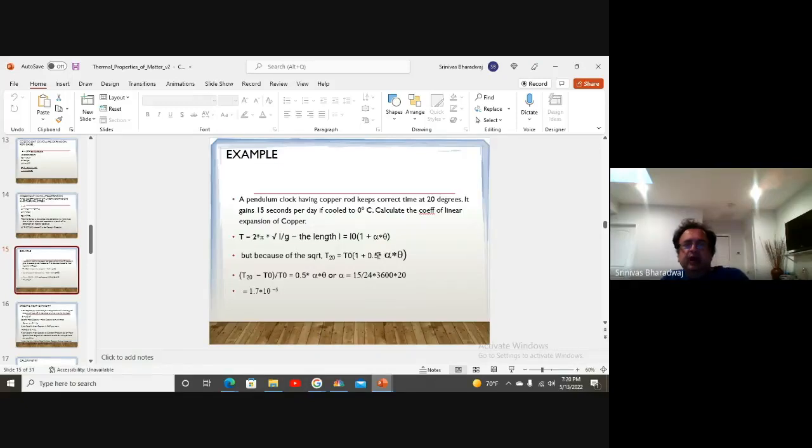Now, if it gains 15 seconds per day, so T at 20 degrees minus T0, by T0. If it gains 15 seconds per day, what does that mean? Instead of a day having 24 times 3600 seconds,